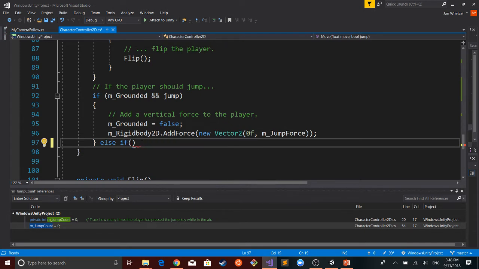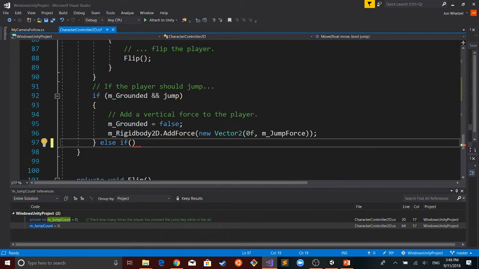Else identifies that in the case this is not true, I want you to do this. But an else if says, okay, if this isn't true, then check to see if this condition is true. And you can have several else if statements within a single conditional.